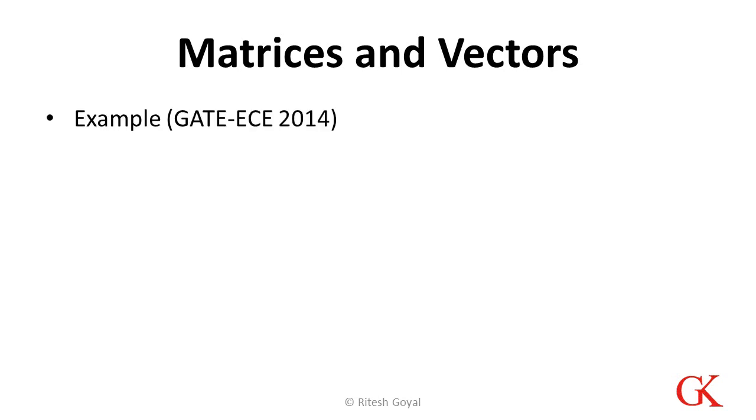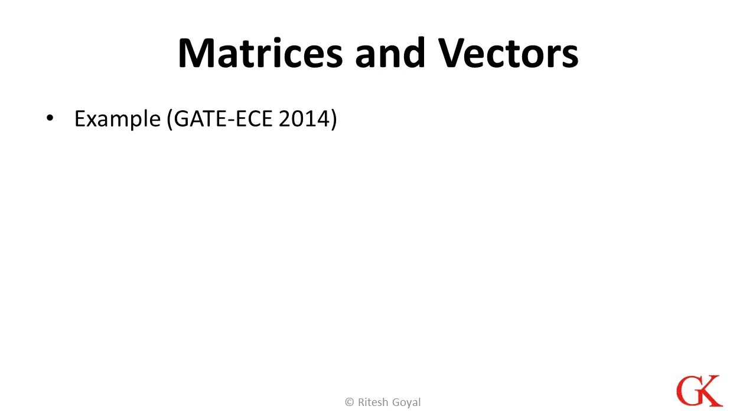We have seen a few basic properties of matrices and vectors. These properties are very much needed to build up the concepts for the complex questions. But there are some basic questions which have been asked in GATE which are directly related to these properties and can be answered easily if we understand these properties carefully.